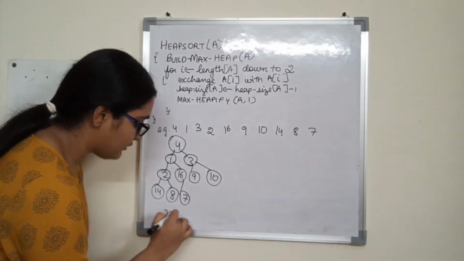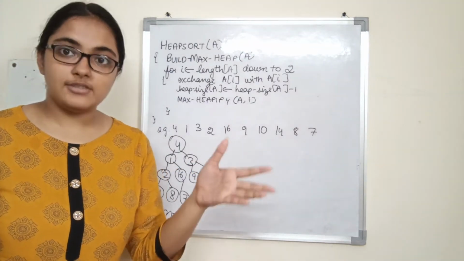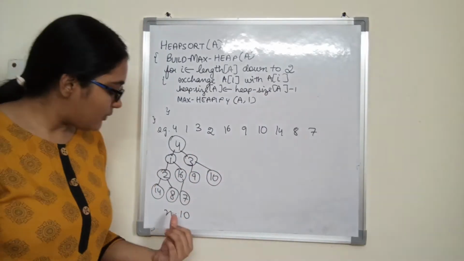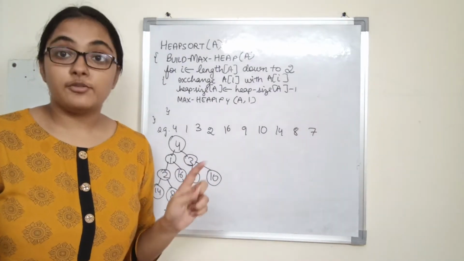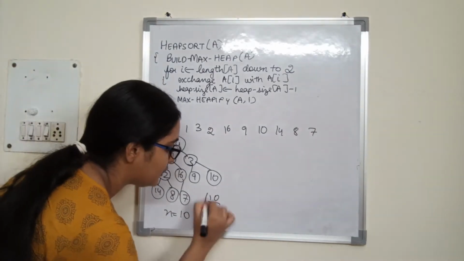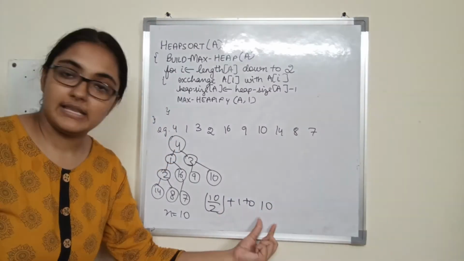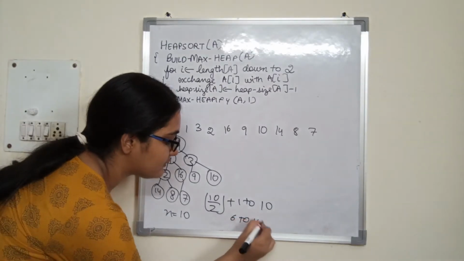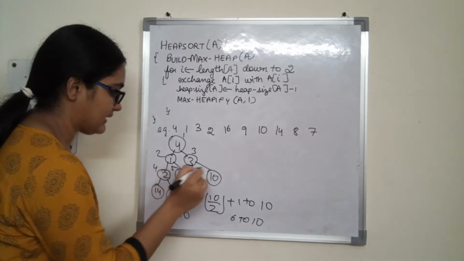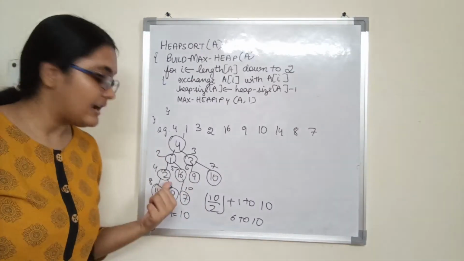And how many nodes are there? 10 nodes are there. So in build max heap, what did we do? We first make the heap size equal to n. What is n? 10. So the size of the heap is 10 now. Now, from floor of 10 by 2 plus 1 to 10, these are all leaves. That is, from 6 to 10 there are leaves. Where are the non-leaves from? Non-leaves are from 1 to 5. 1, 2, 3, 4, 5, 6, 7, 8, 9, 10. True. From 6 to 10 there are leaves, and from 1 to 5 there are non-leaves.